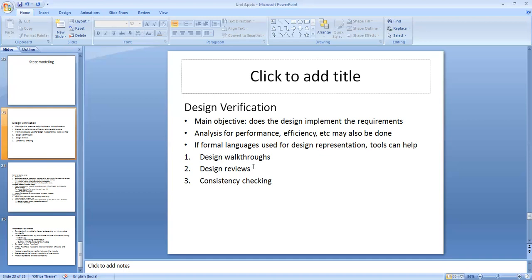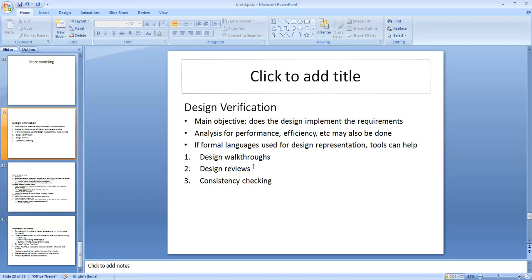They cannot produce executable code because the syntax of PDL allows natural language, and many activities are specified in natural language. So it cannot produce executable code. However, the module interface specifications are specified formally.